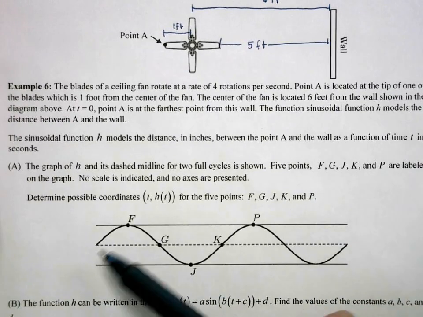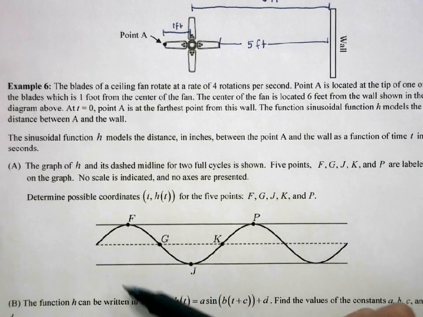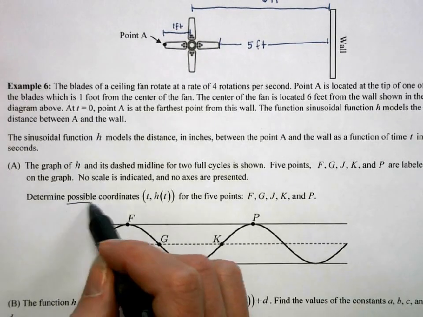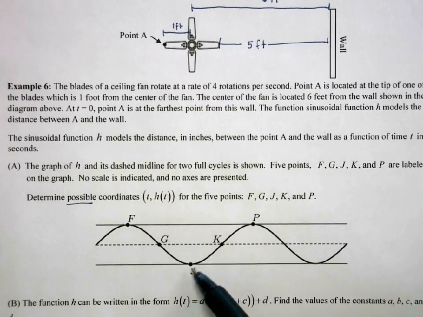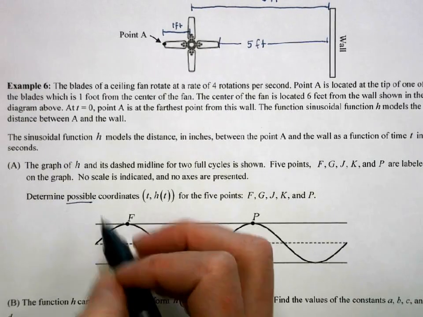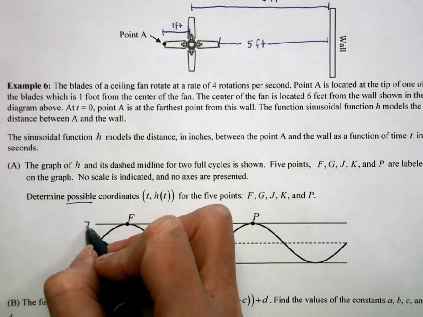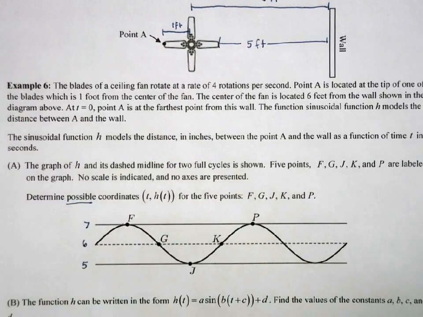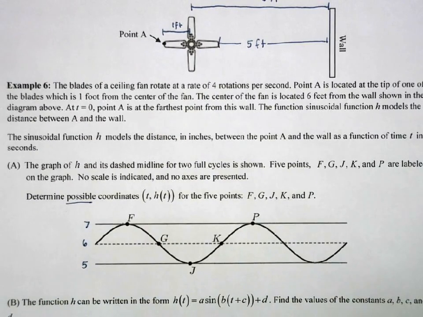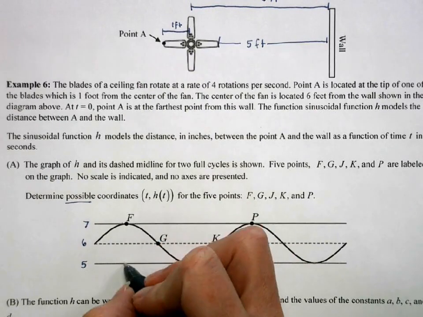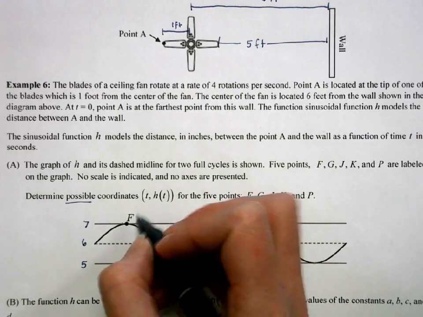There's no axes presented, but we're going to find possible coordinates for F, G, J, K, and P. Okay, I'm going to first label these 3. My max is going to be at 7, my min is at 5, and my midline is going to be at 6. Okay, this one says that the first maximum, our 6, occurs at t equals 0. So my coordinates for this are 0, and it takes